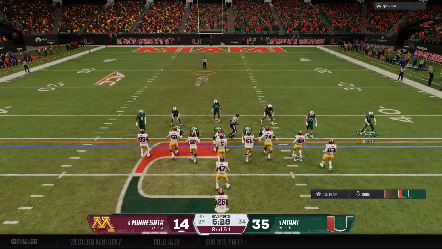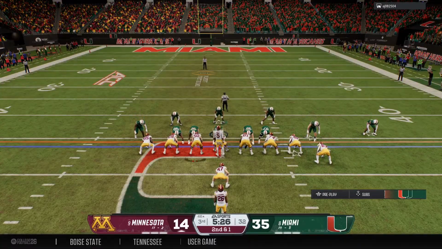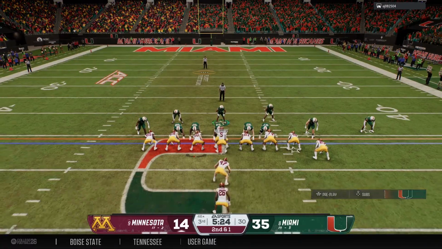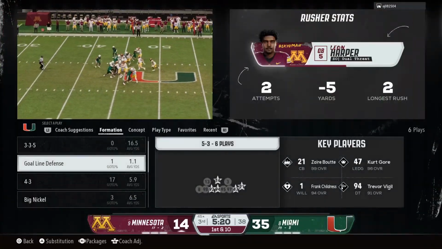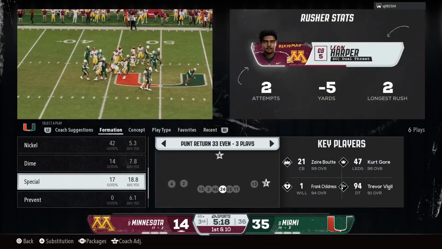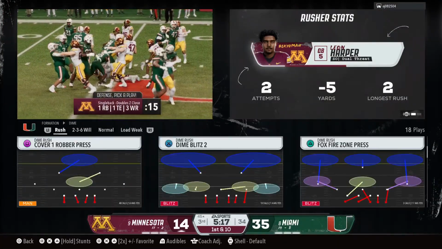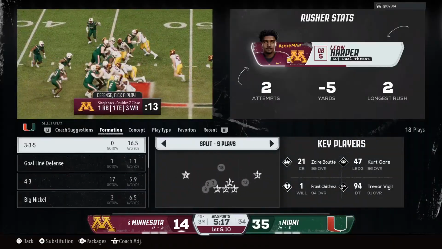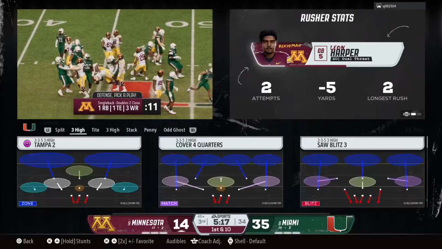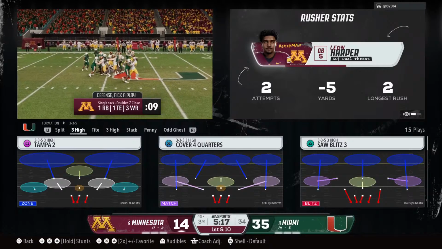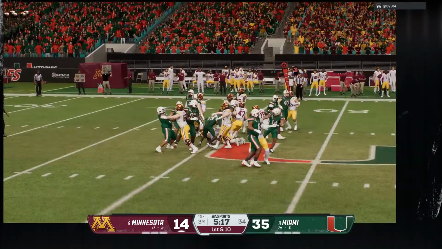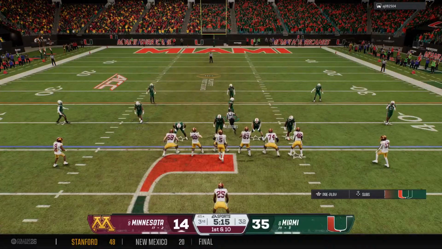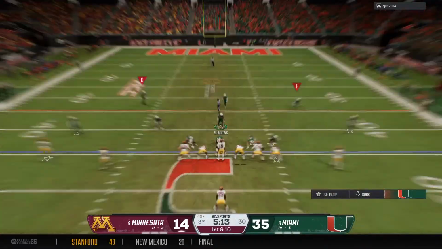A completion makes it second and short. And the call is a quarterback sneak. Well, the old quarterback sneak. Whatever you've got to do to keep this drive moving. We've seen them convert in different ways on this drive, and that sneak will keep this defense guessing when they're in short yardage coming up in the future. And the Golden Gophers pick up first down yardage to keep the drive going.